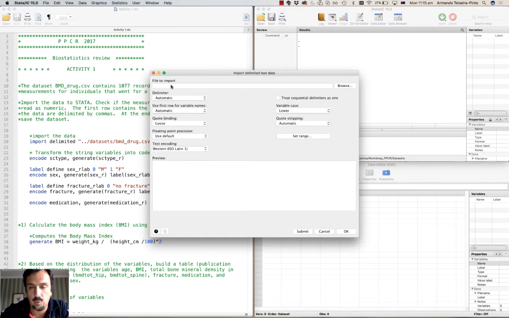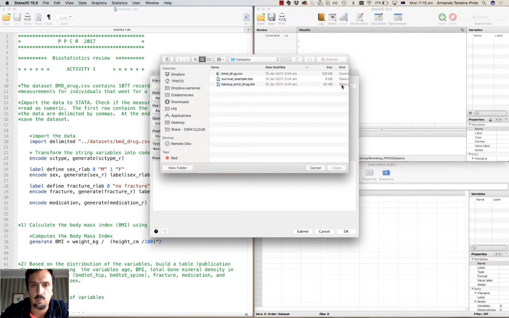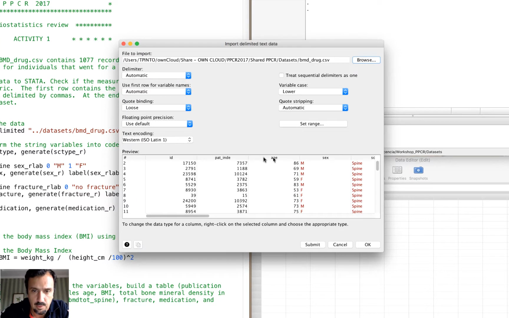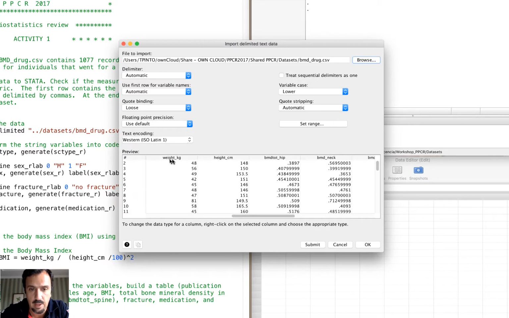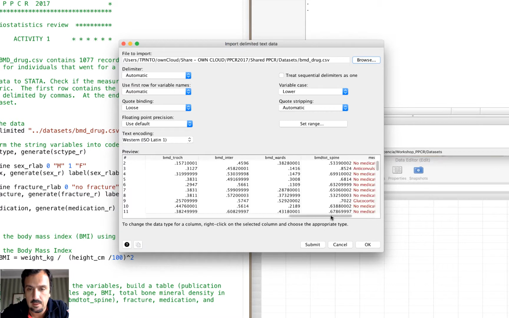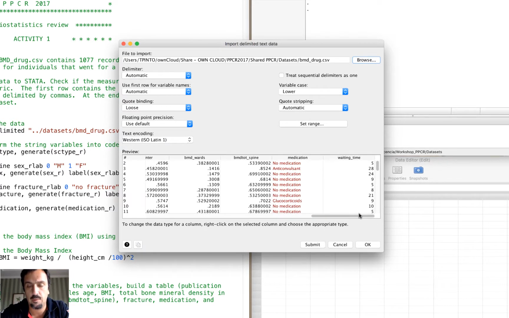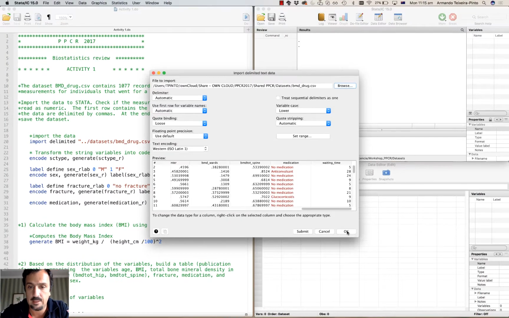And file to import, we have to select the file that we want to import. Here it is, bmd_drug.csv. We'll open it, and you'll see a preview in this box, and you can see that Stata correctly read the variable names, and it seems to be importing things correctly. So I'm going to go ahead, say OK,